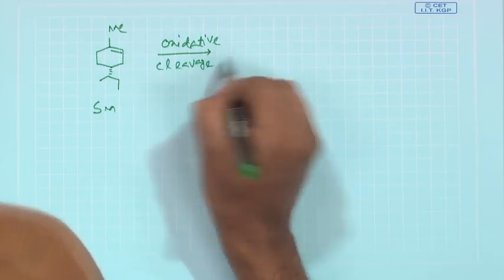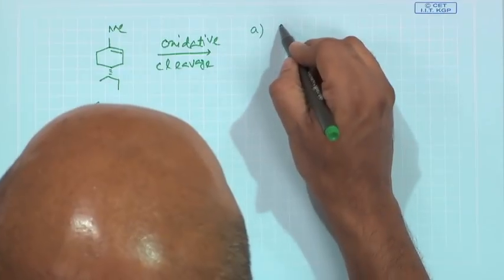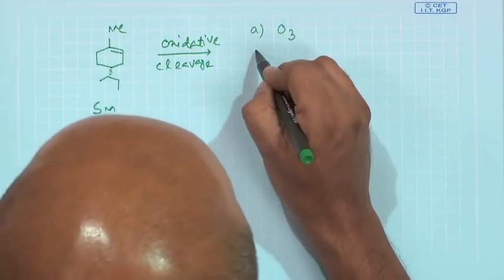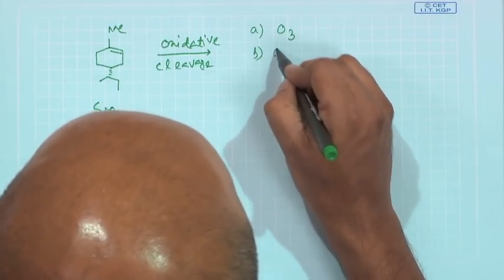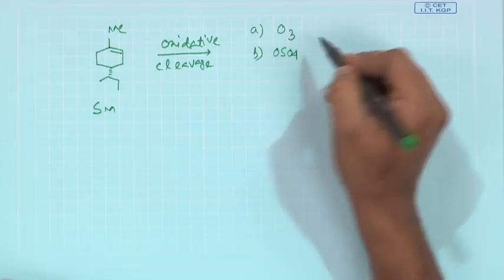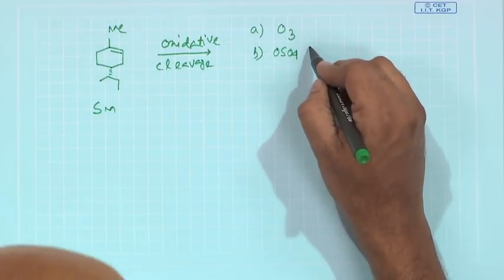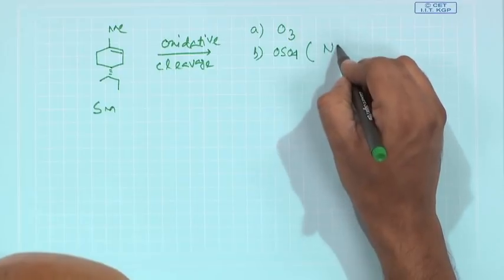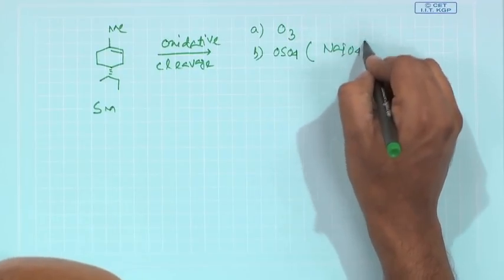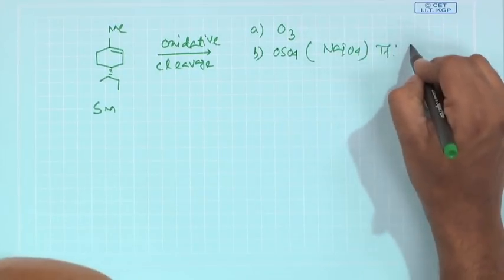You can think about numerous ways to carry out this oxidative cleavage. You can do an ozonolysis reaction, or you can first make a diol and then cleave this diol with sodium periodate,